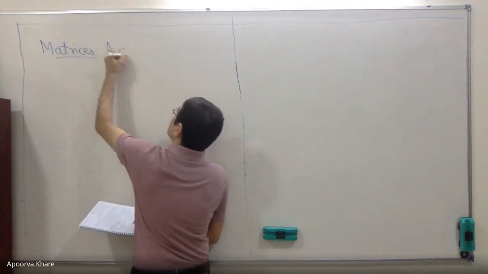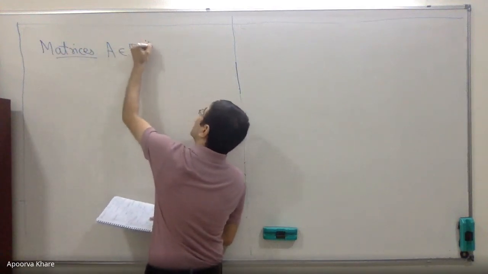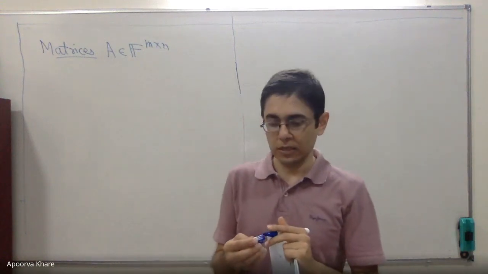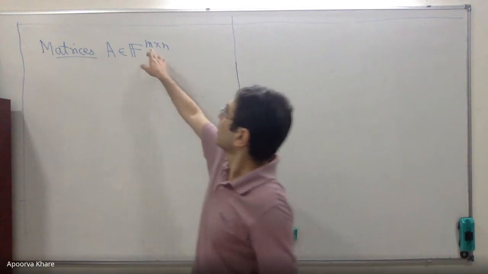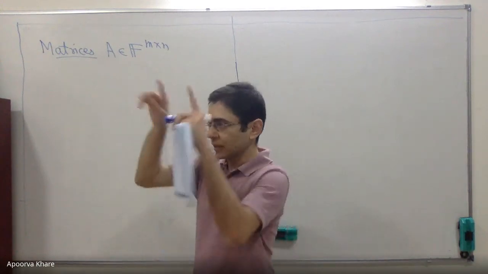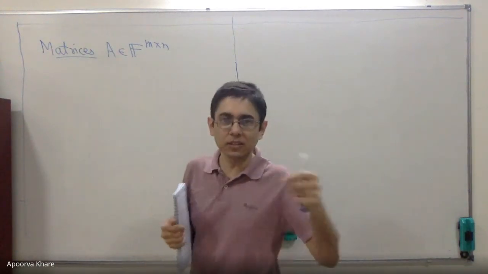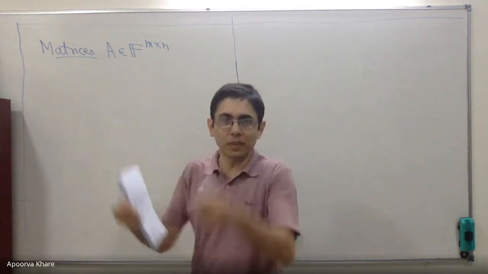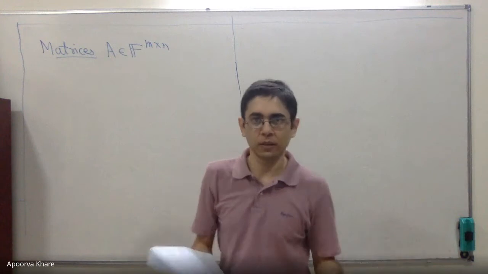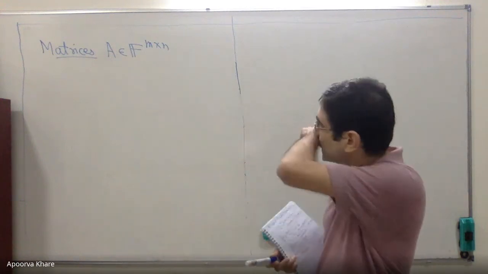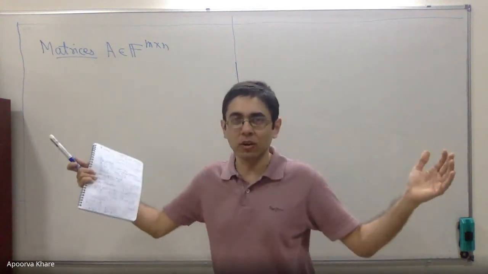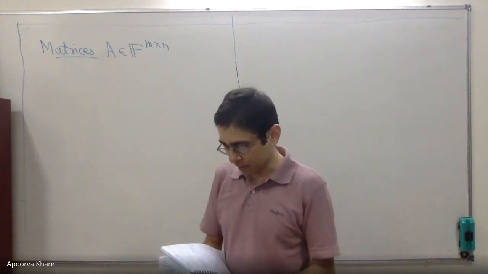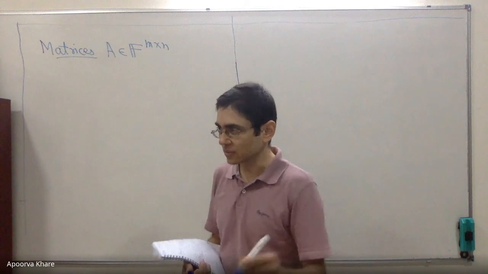So you have a matrix A, and it's an array of numbers, or an array of scalars, with m rows and n columns. So it's a rectangular array. You can think of this as just a stretched out vector of m times n entries, chopped up into many parts, and put one under the other. But the point is that it's far more than just recording a long list of entries in some rectangular way. You can exploit this to do many things.